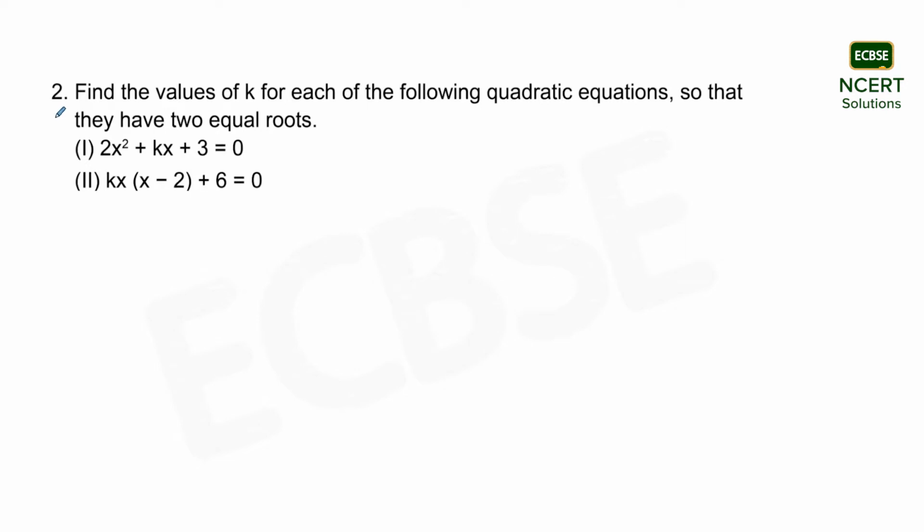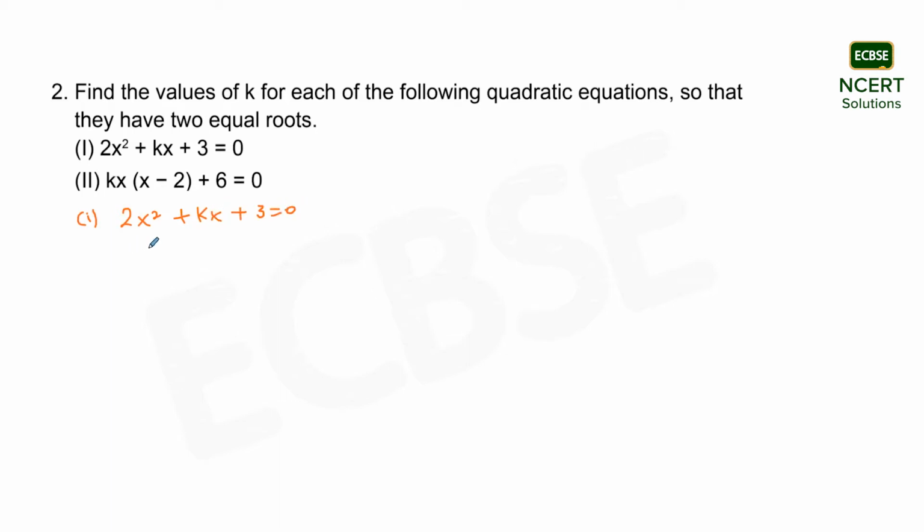Hello students, so here we are with the second question of exercise 4.4 for the chapter Quadratic Equations. The question is: find the values of k for each of the following quadratic equations so that they have two equal roots, and the two quadratic equations have been provided in parts first and second. Coming to the first part, the quadratic equation being provided is 2x square plus kx plus 3